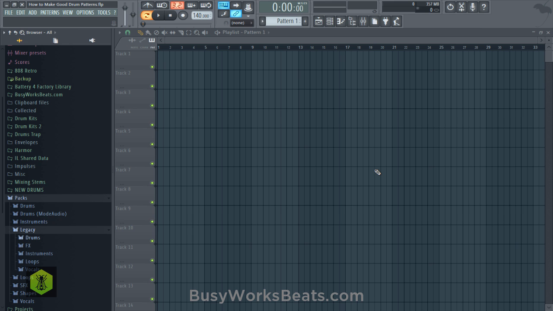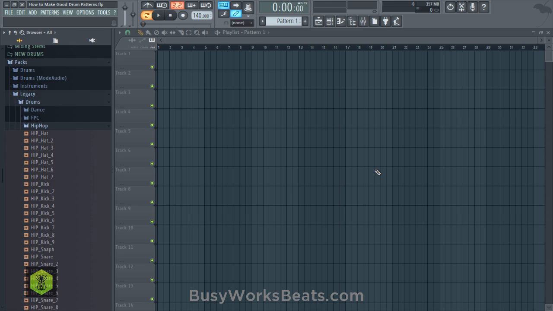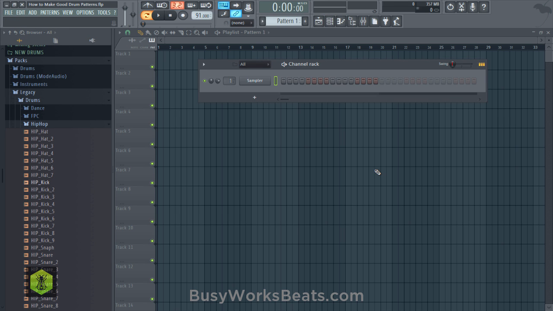Let's go to Legacy. Let's go to drums, and let's pull up the hip hop kit, and let's find some patterns. Now I'm going to switch the BPM to about 91 BPM. And I need something that goes... This one has it, but then this has the overall texture.